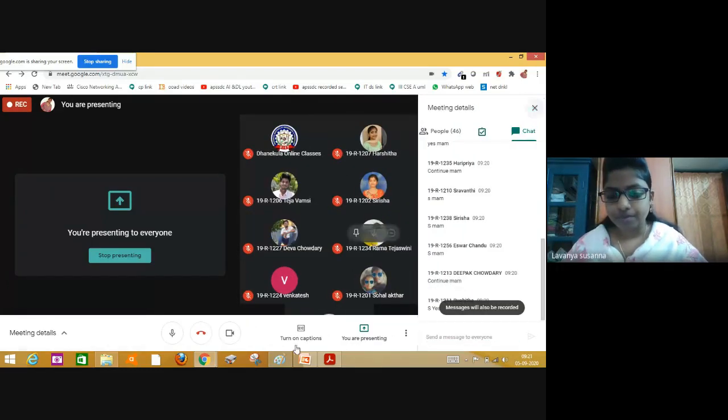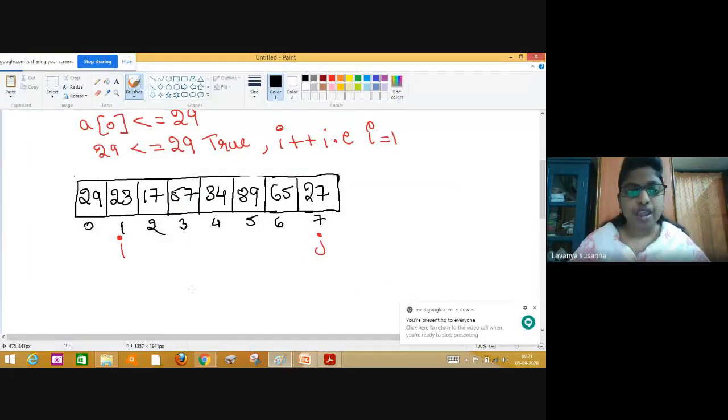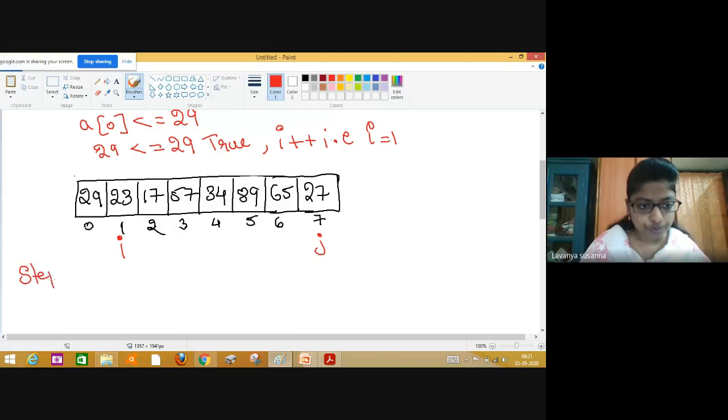Now repeat the process. Again, step 2. You need to repeat the process until I is stopped. When I is stopped incrementing, you need to stop. Repeat again the process step 2. I request all the students to repeat the same process until I is stopped incrementing. Step 2, again repeat the process of step 1.